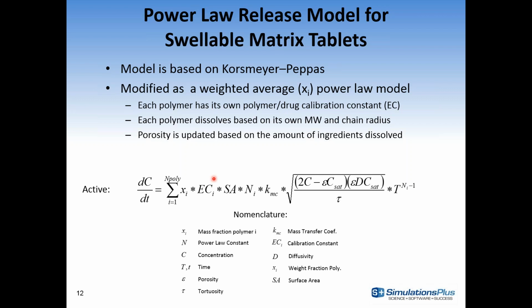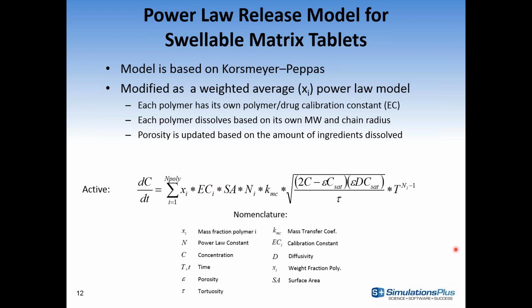So each polymer has its own polymer drug calibration constant, and each polymer dissolves based on its molecular weight, chain radius, and its chain disentanglement concentration. The porosity is updated based on the amount of filler, lubricant, drug, and polymer dissolved, and so the porosity changes over time. And we can calculate the drug release, but we need to calibrate the power law constant and the